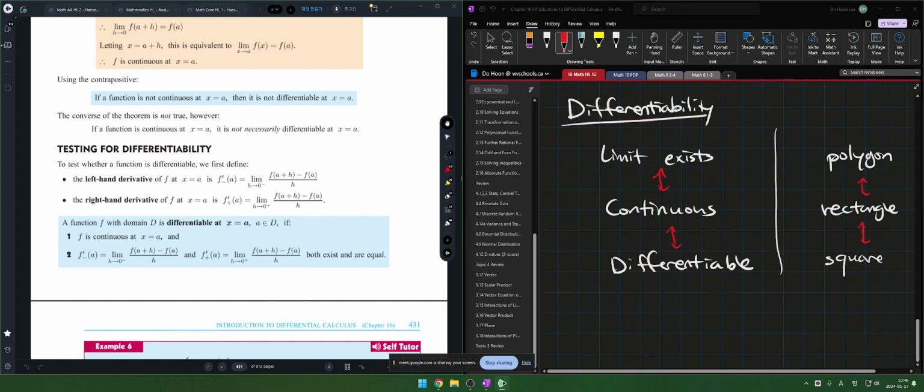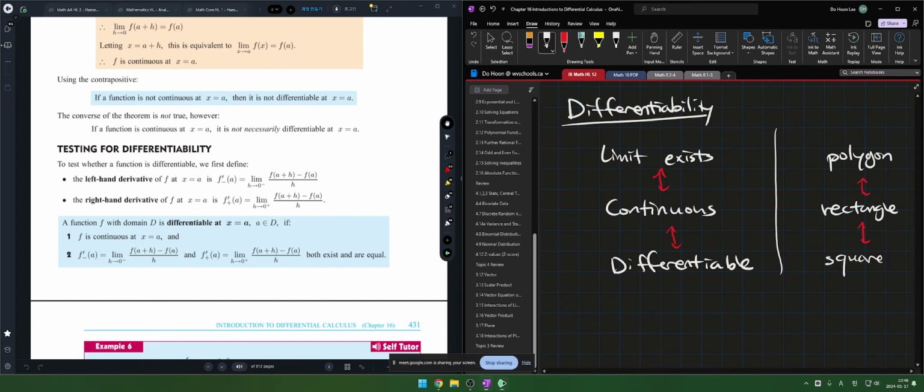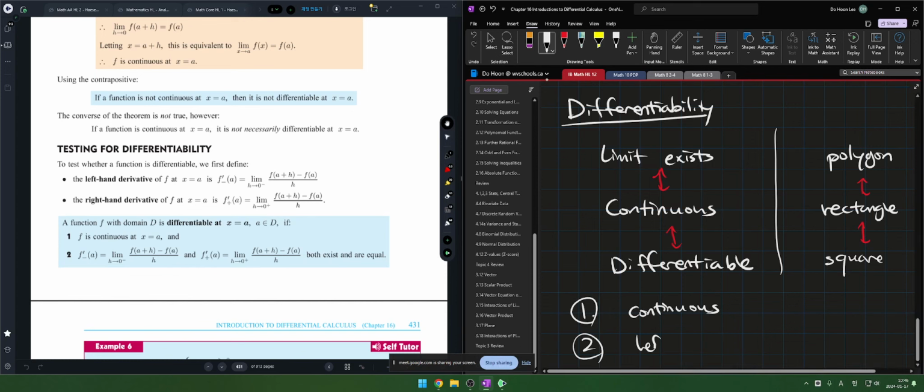The definition of differentiability is that condition 1 is continuous, and condition 2, the left-hand derivative